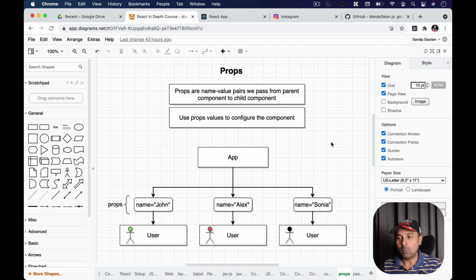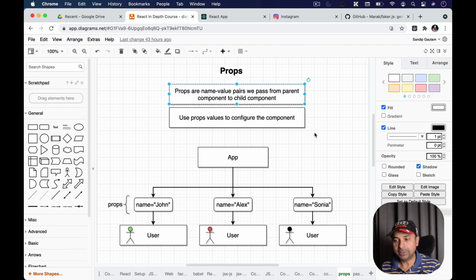So these are all props, right? Props are nothing but values which we can configure. Props are name value pairs we pass from parent component to the child component. Now this is important, understanding this hierarchy from parent to child. So we generally pass these name value pairs, these props, from a parent component to the child component.